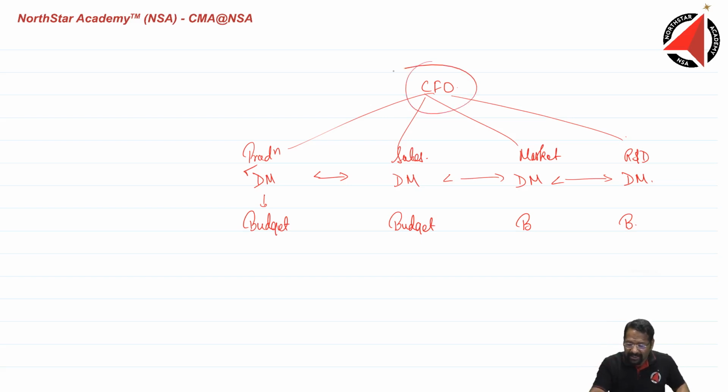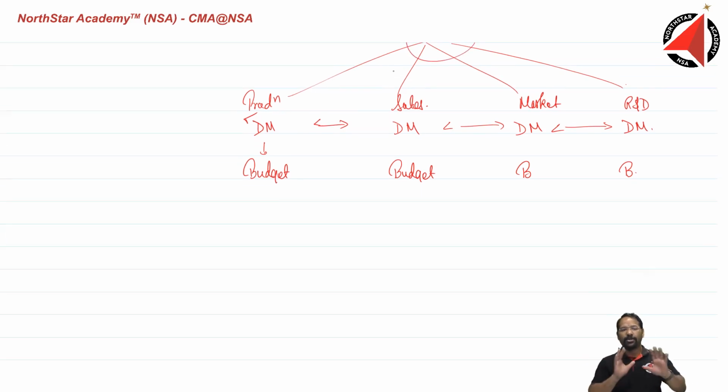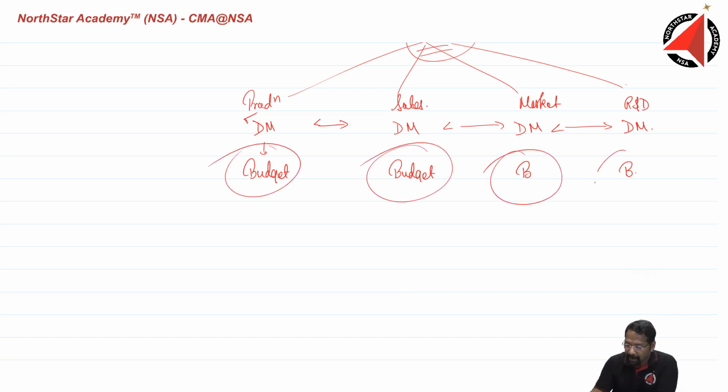So what will the CFO do? The CFO will send an email and say, hey, year end is coming. Before the beginning of the next year, we need to be ready with the budget. Budget preparation takes a very long time. Approximately 3 months in advance, the budget has to be prepared to be presented to the board before the start of the year, right? Each company, based on its size, plans it accordingly. So the CFO is going to write an email, and each department is going to prepare a budget for this, right? Of course, the finance department,